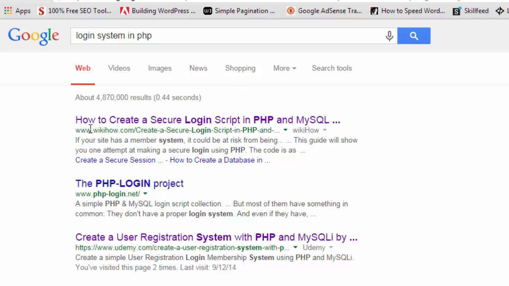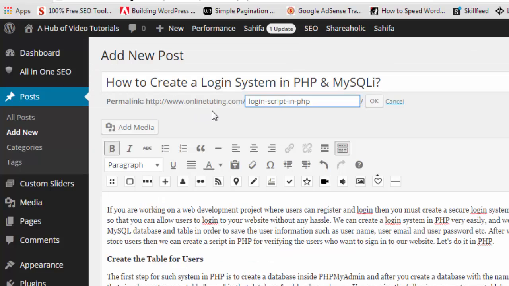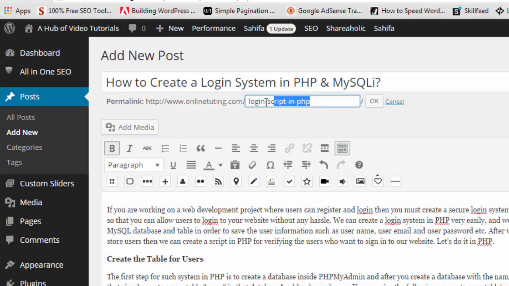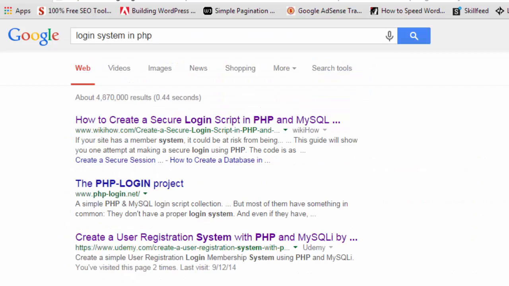So therefore you actually need to be very careful in this case, because if your website URL is a little bit longer, something like mine, because mine is online tutoring, 2 words, but actually it is longer a little bit. So you can keep your permalink extra words maximally to 4 words. You can see over here,